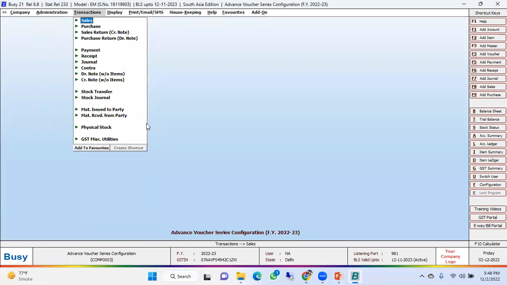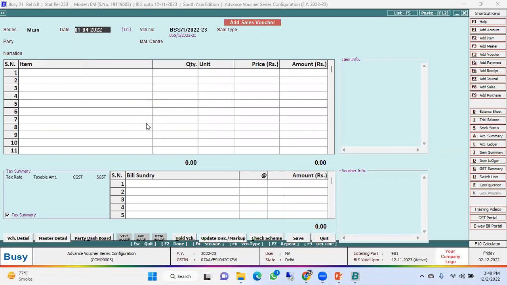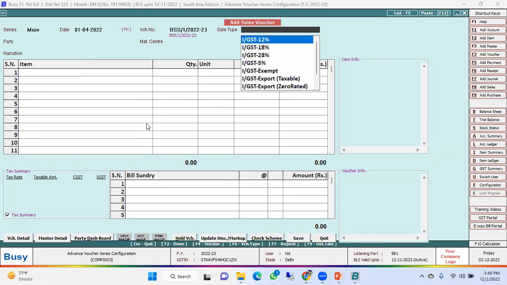Let me create a sales voucher. Add a sales voucher. Now see, this is the main series. So first you have to select the series for the transaction, enter the date, and voucher numbering. You can see this voucher number is coming automatically because we selected automatic and we configured the format. Select the sale type,